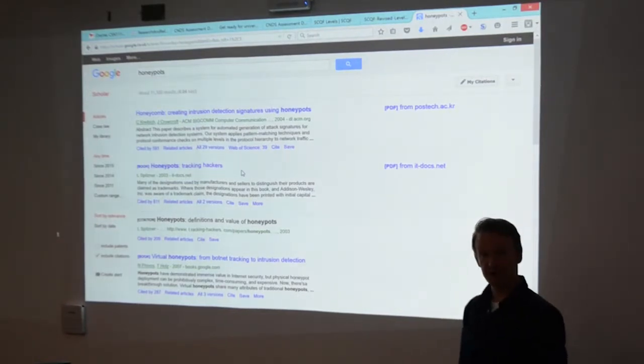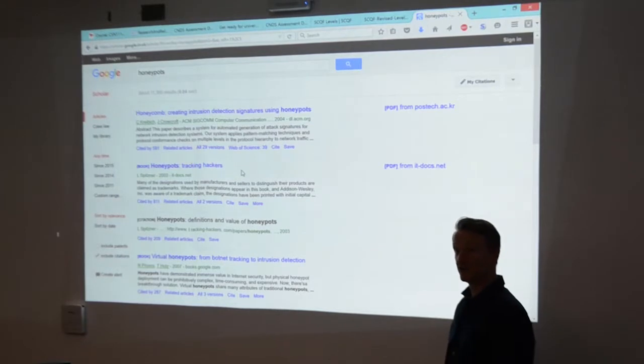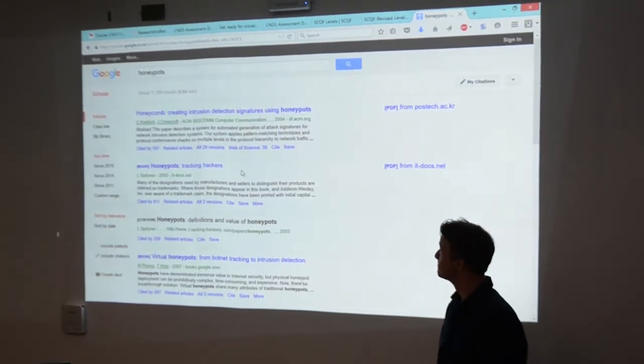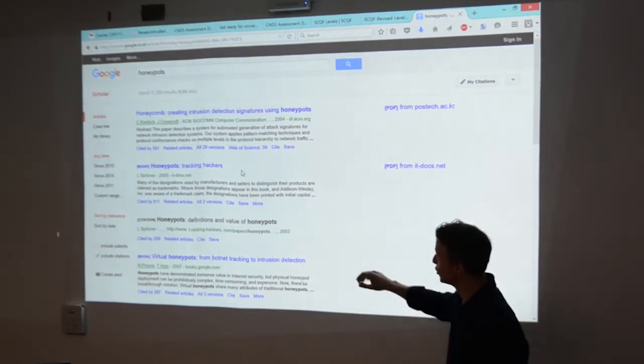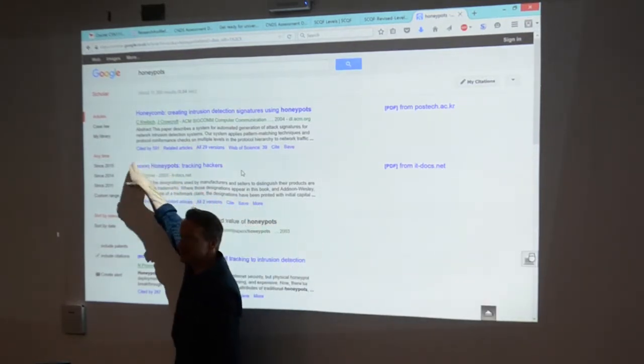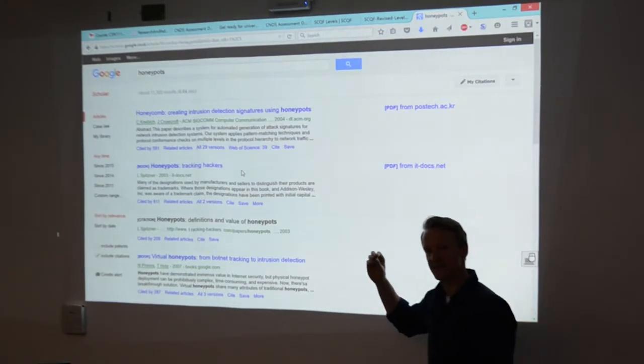So how would we filter this? How might we start filtering this and looking for different types of things? Say again? Citations. So we've got citations here. Who's cited this? So what will that give us? Where would that take us from this paper?